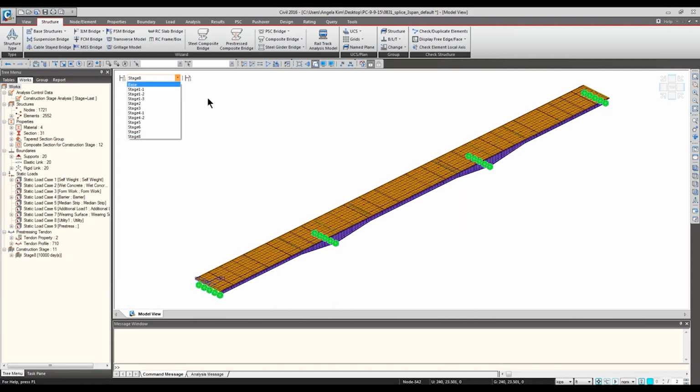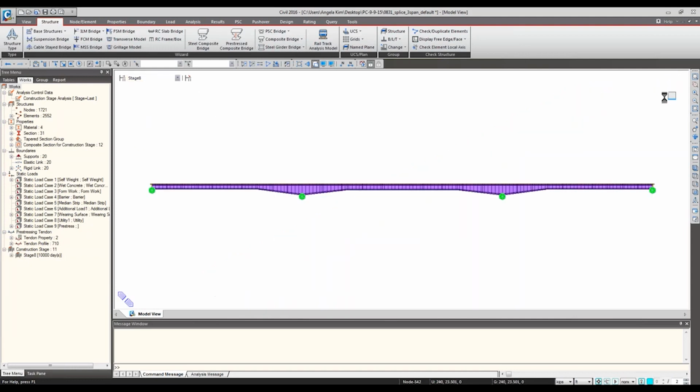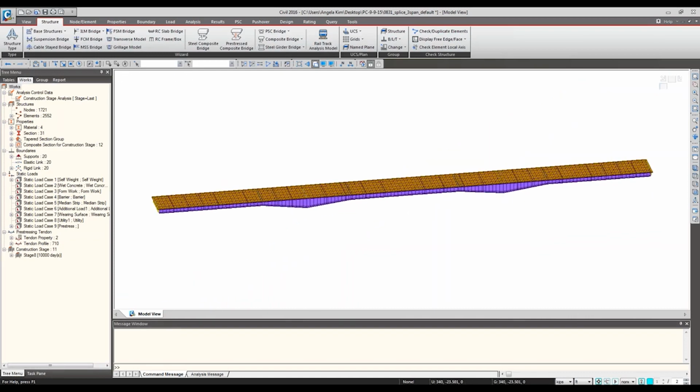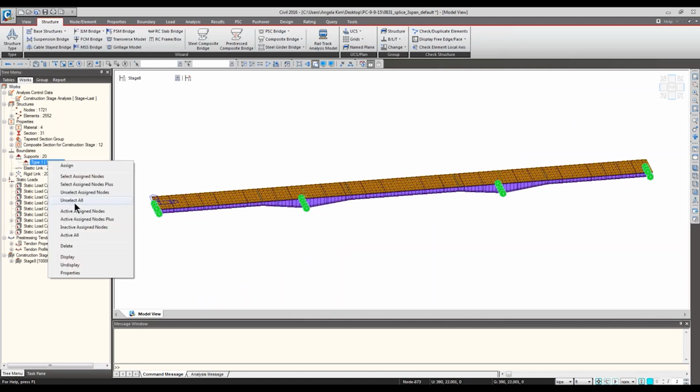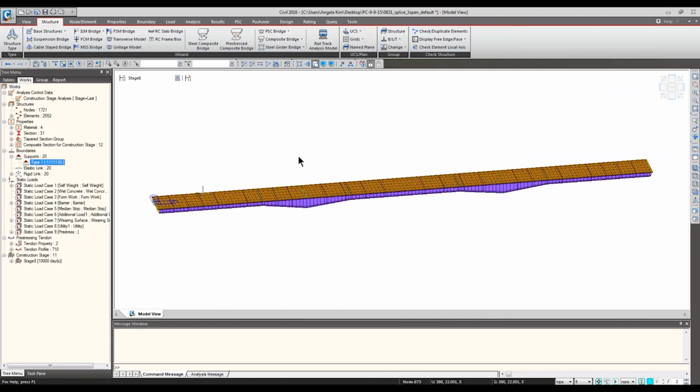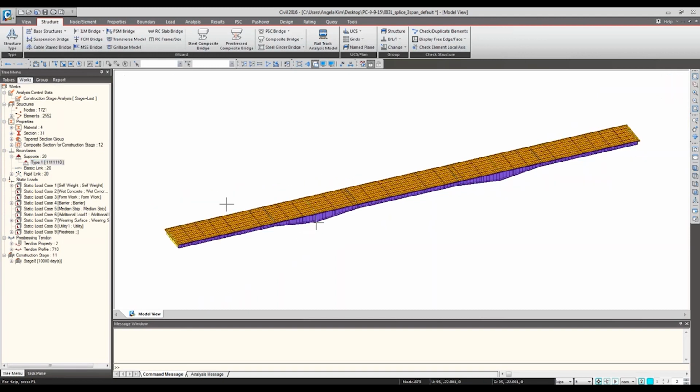So this way, if you need to find out your dead load non-continuous, of course, because the deck isn't poured yet, it's going to be non-continuous. And once the deck is poured, this is the stage that you can run the analysis for live load or the superimposed dead load. And reviewing results in different stages is quite simple in Midas.